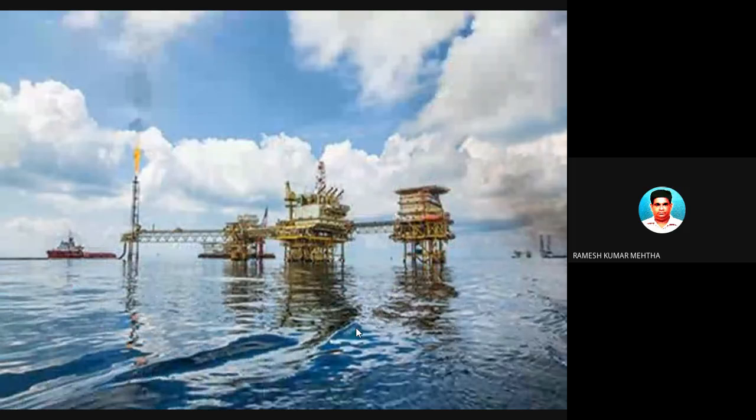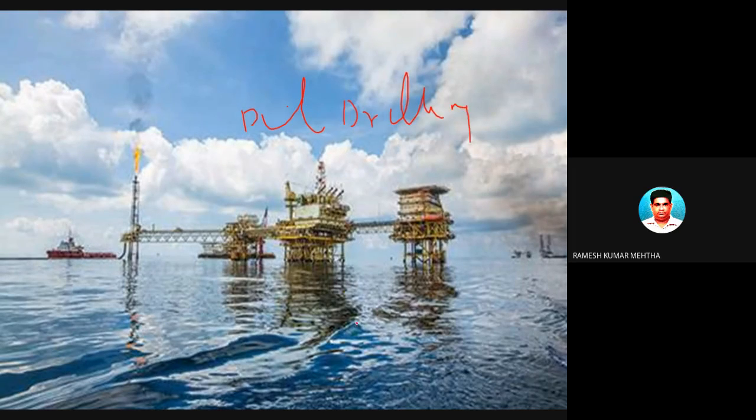Now we are going slightly into a different topic, but related to logistics. This is called oil drilling, where oil is extracted from the ocean and is then transported from here through pipelines.